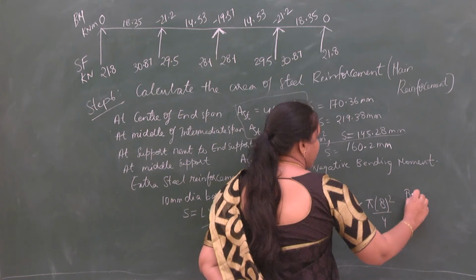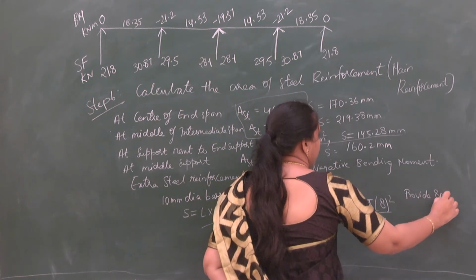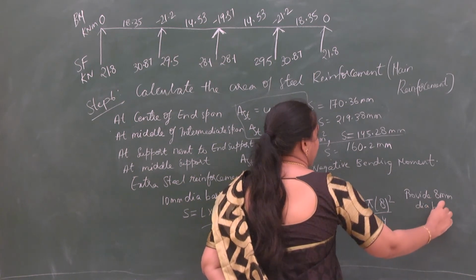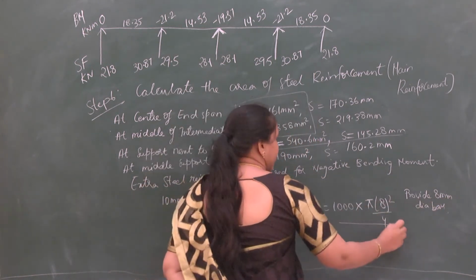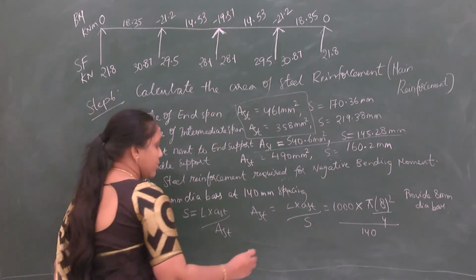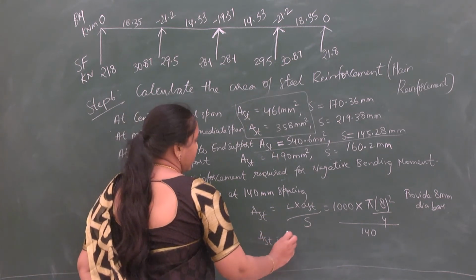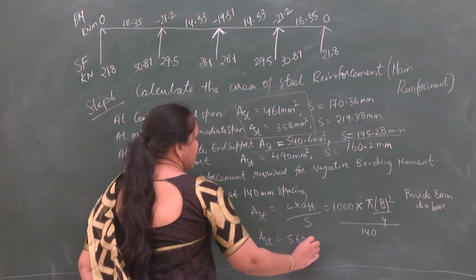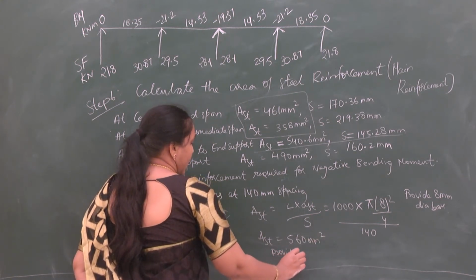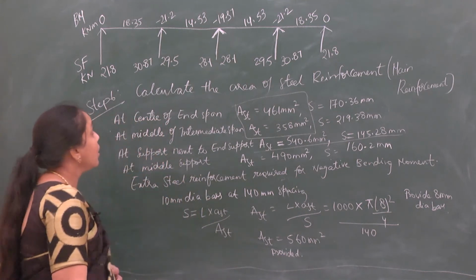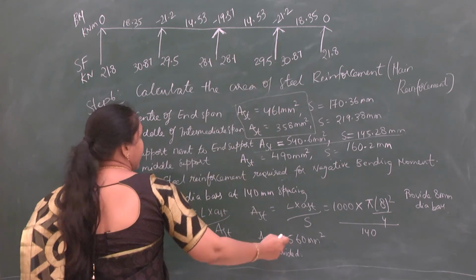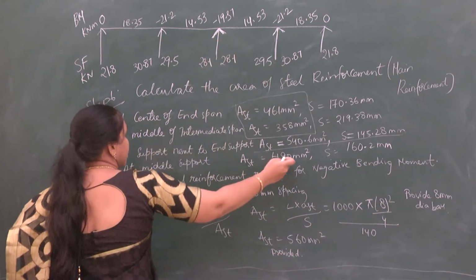D here, I am providing 8 mm dia bars, divided by S. S is nothing but the spacing, which is 140 mm. So from this what will you get? AST. If you solve this, you will get a value of AST as 560 mm square. This is going to be our AST which is provided. So AST which is provided at these two supports is 560 mm square, and at this support the AST is 490